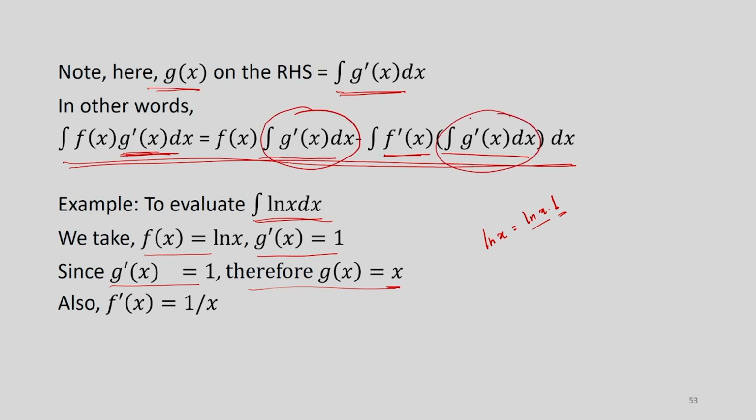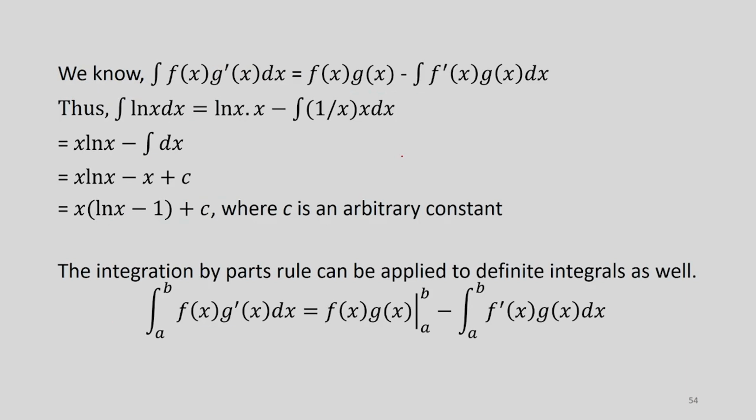So, these things I have found out, g x is equal to x, but I also need this term f prime x, right. That is easy to find, since f x is equal to log natural of x, I can take the derivative and I know what is the derivative of log natural x, it is 1 divided by x, right. So, that will be substituted here. So, I have got everything that I need. I now use this formula